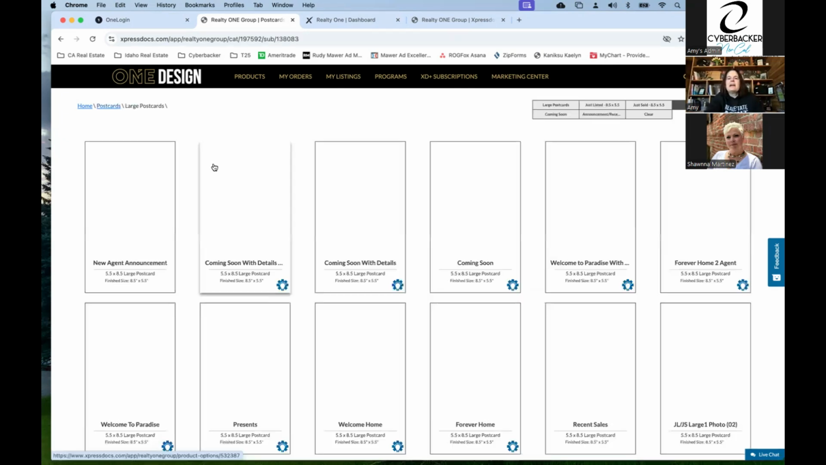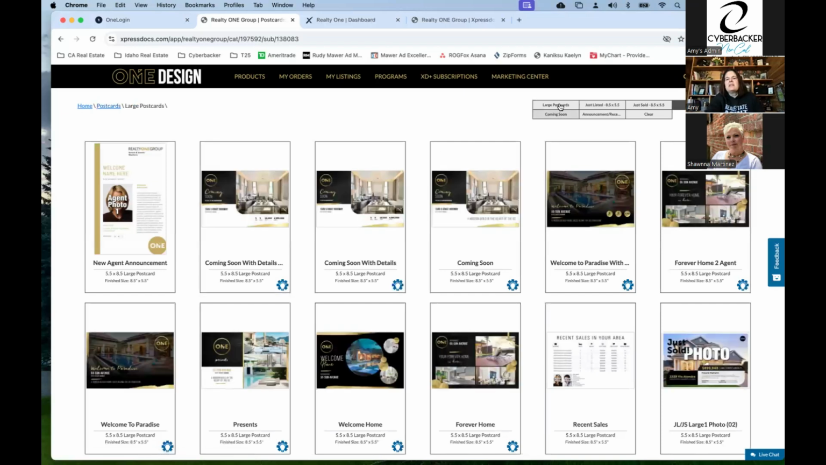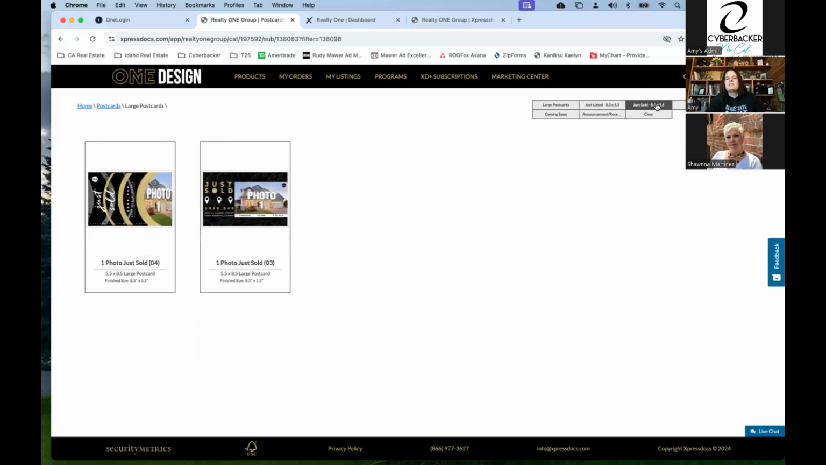So if we click on that, you can navigate in the upper right-hand corner. It gives you your options of all large postcards, just listed, just sold, coming soon, announcement. So let's say that we are looking for just sold postcards. It has two options for us in those just sold postcards. I'm not sure I'm in love with either of them. Okay, so there are those options. If we go to